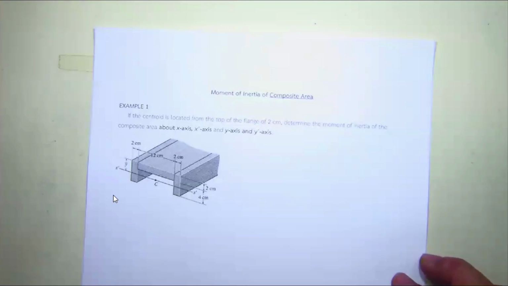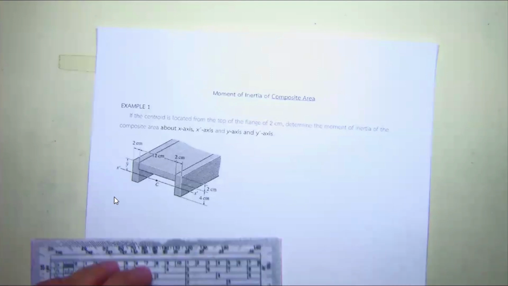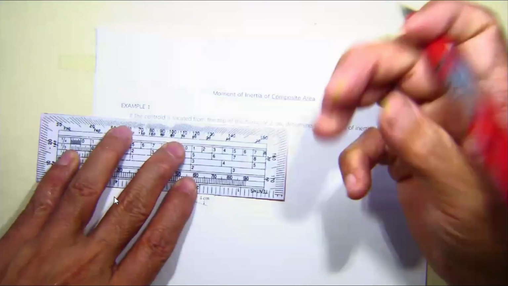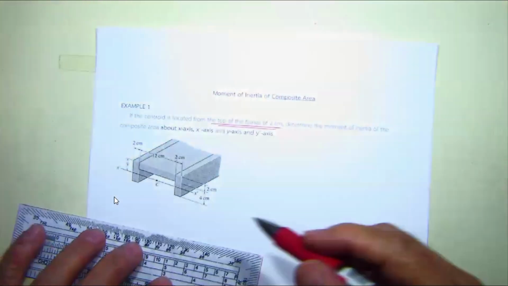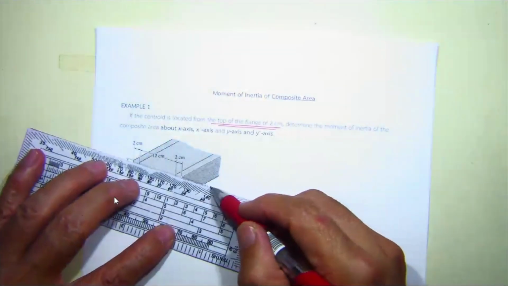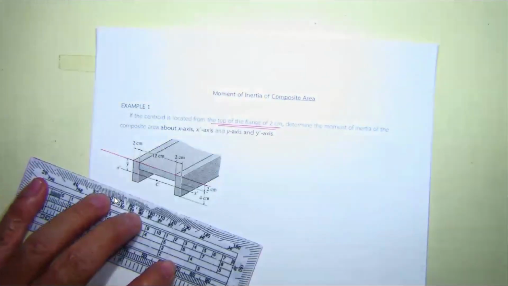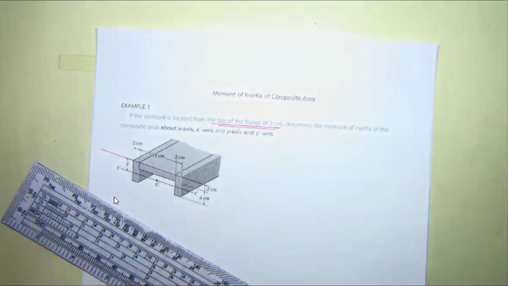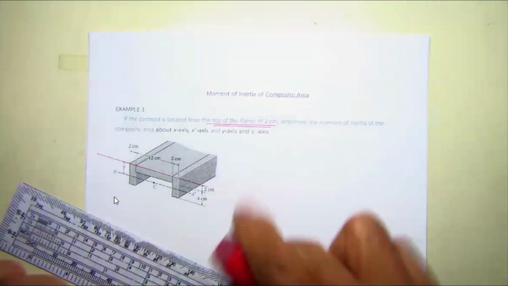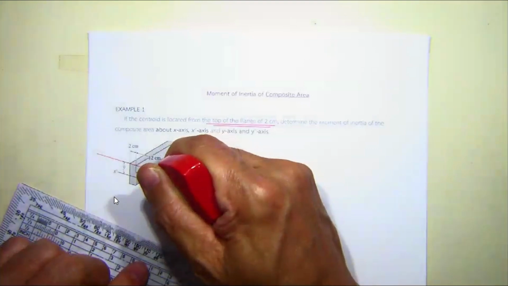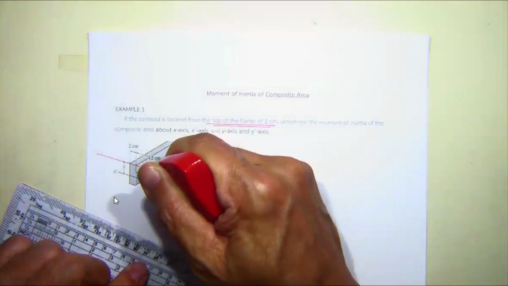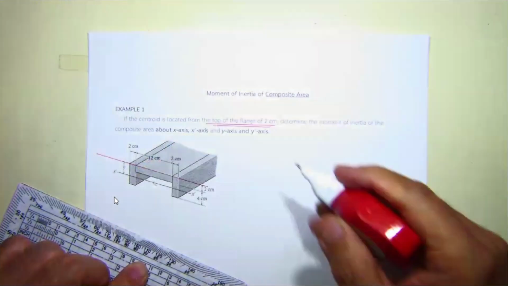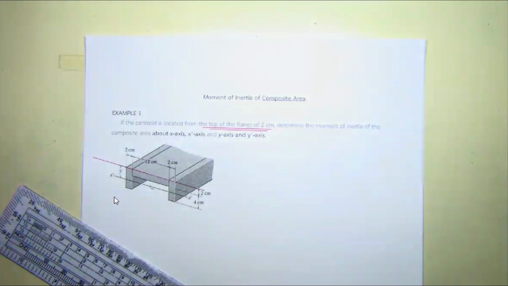And then following this C section, the center is located from the top flank up to 2 centimeter. This is going to be the top flank. And then the center is located 2 centimeter. So beware of the problem. You have to measure downward, and then this is 2 centimeter. So this is not the center. Okay, this is not the center for sure, because it said 2 centimeter from the top. Okay, so we